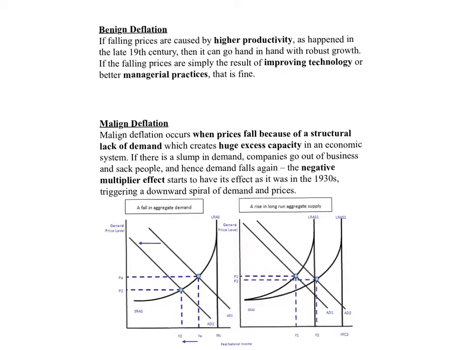But if we're thinking about the evaluation of these different types of deflation, and if there's a question which was looking at, is deflation always negative for an economy, then we could say, well, it depends on the type of deflation. If it's benign deflation, then no, it doesn't have to be bad for the economy. In fact, it shows that the economy is performing very efficiently, and that's why price level is falling. However, if it's due to malign deflation, then actually, yes, it is bad for the economy, because it suggests that for whatever reason, AD is falling. And if AD is falling, then we'll see that national output and national income is also falling, and that is what's causing the price level to shift.